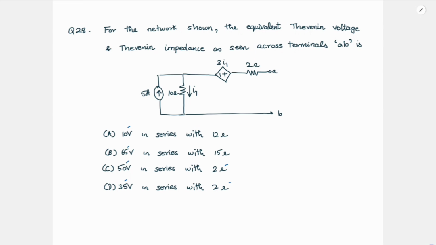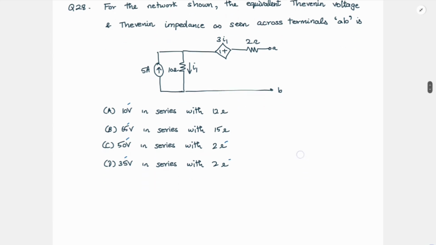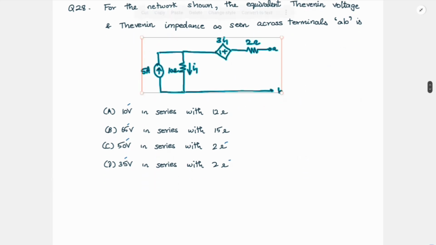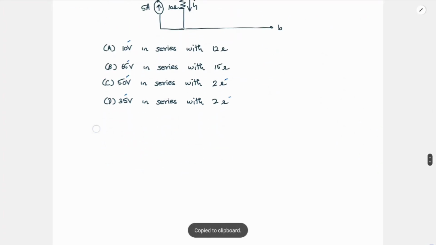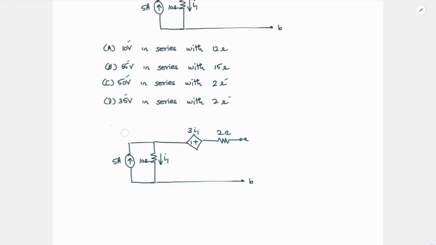So if you just find the open circuit voltage, then you will be able to guess the answer correctly. And after that, you can just find the impedance for verification. Okay. So let us try to find the voltage. So here, if you see,